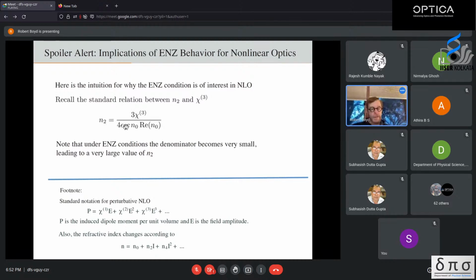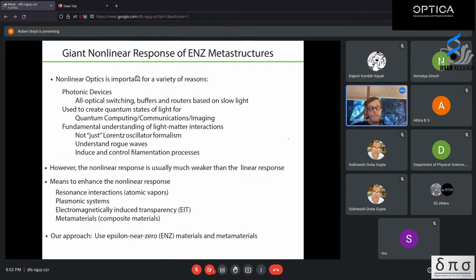So this is intuition. The real physics is more complicated than just this. But I think, if nothing else, this was the motivation for us to do this study. I'm thinking that maybe we could get a very, very large value of n2 by this method. So, okay, why